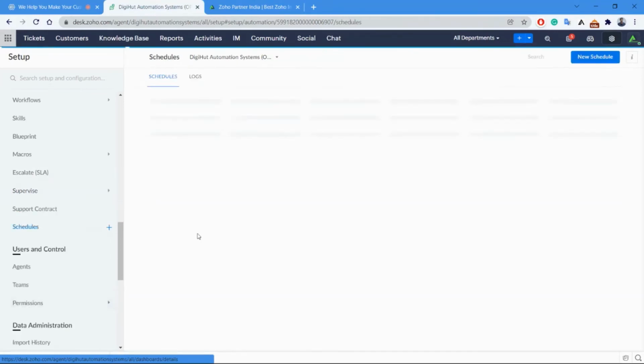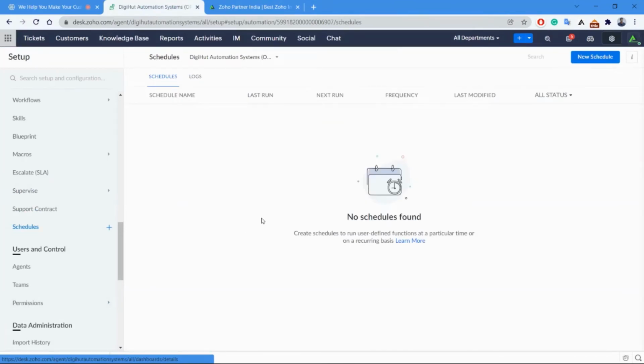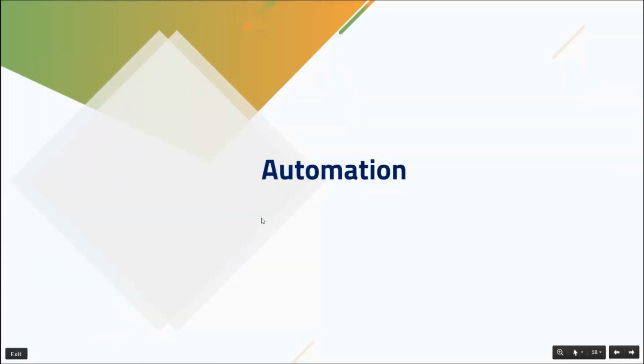And you can have schedules also here in these things where you can create the scheduled actions using the different functions at a particular time or on a recurring basis. So these are the different automation features that allow you to manage the customer queries without a manual repetitive action. So I hope this is very clear to you, and we are just moving to the next session,